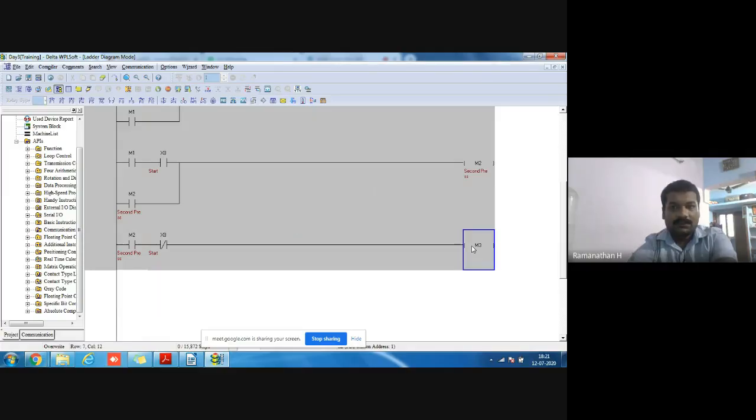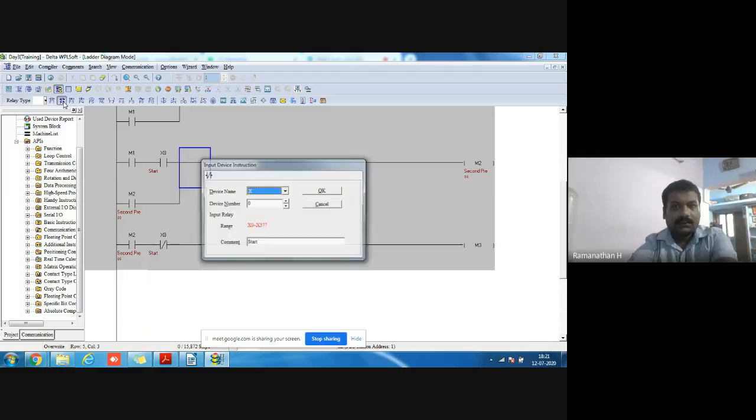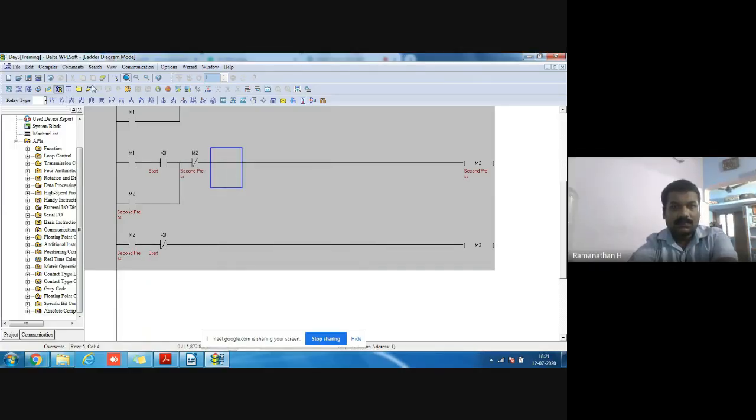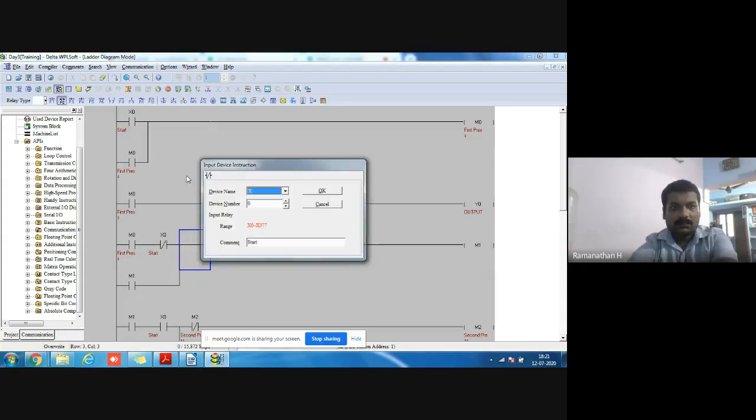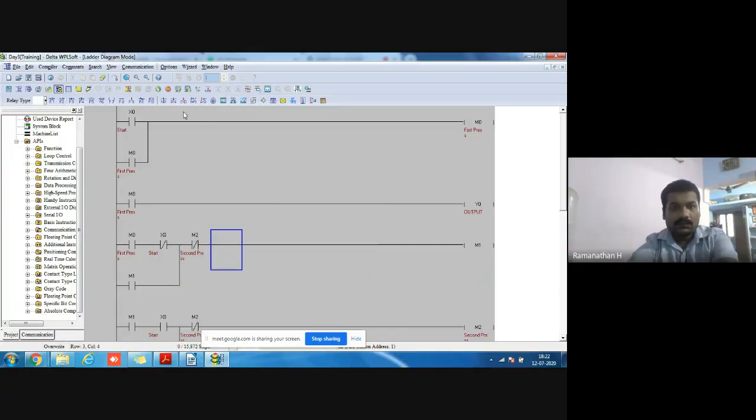But the condition is, if M3 is on, at that time M2 is not on. Same thing, when M1 is on, at that time M2 is not on. That's the condition. Same thing for M0 also.